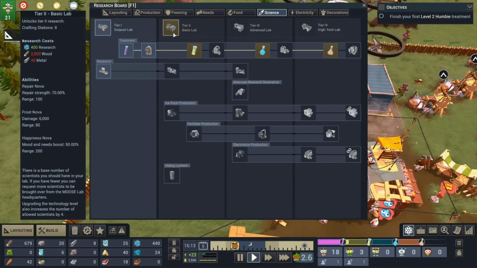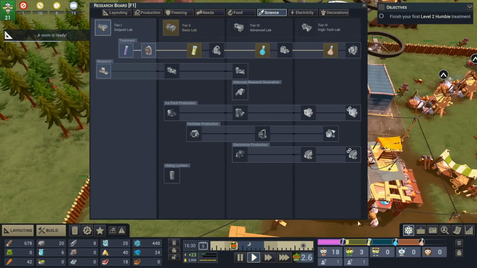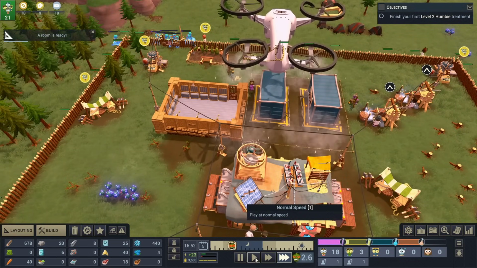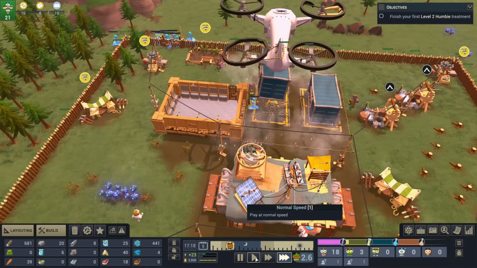So we need to get the lab level 2 first. We also need to move towards the cure before we can do that. So getting these zombies shipped off is definitely going to help in that regard. Very, very much so. There we go. Keep it coming, keep it coming, keep it coming. Yeah, the zombies are...